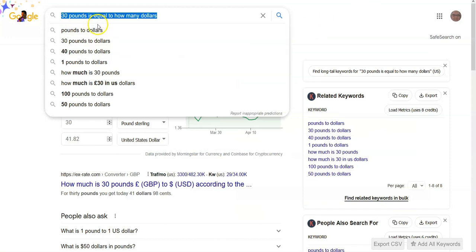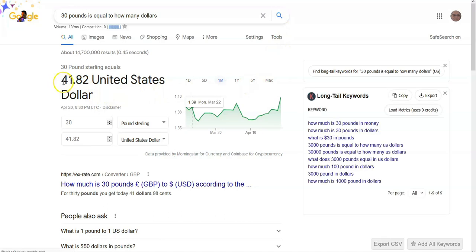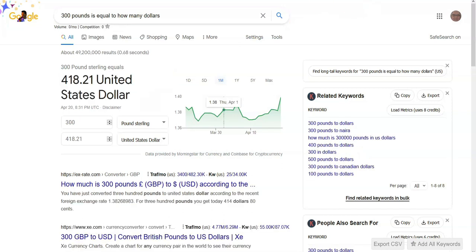I was trying to find out what 30 pounds is equal to in US dollars. So I did a search, and it comes up to $41.82 currently in US dollars. And then I thought, well, how much is the other one? Well, it's 300 pounds per year, comes up to